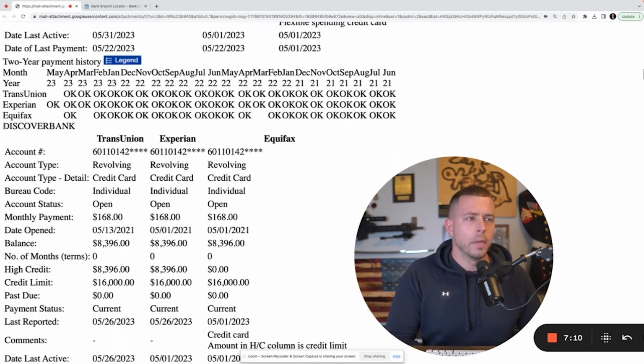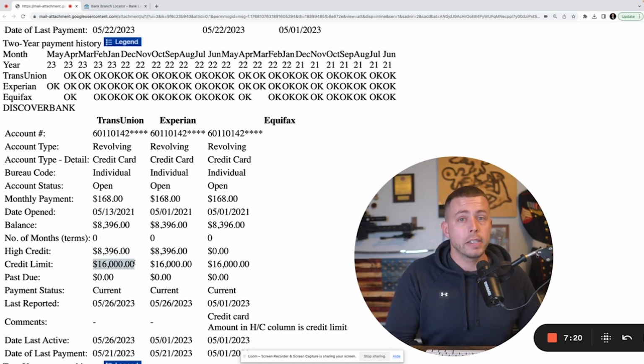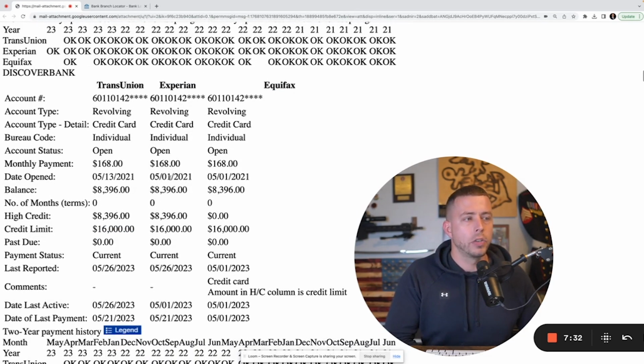Next is Discover. We're not going to leverage this relationship because their business credit card reports to personal. They do, however, offer soft pull credit line increase every 30 days, which makes this a great starter card to accelerate the growth of a credit profile and get you your first high limit card if you're just new to the game and just starting out. They tend to pull Experian, if not Equifax, and they do offer that soft pull credit line increase every 30